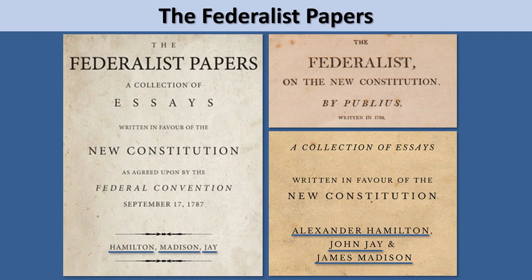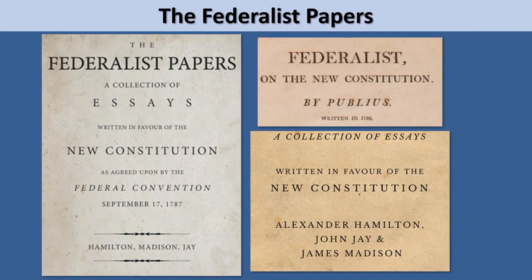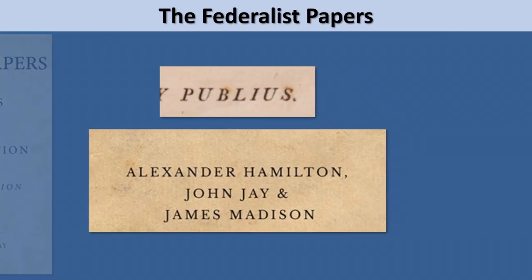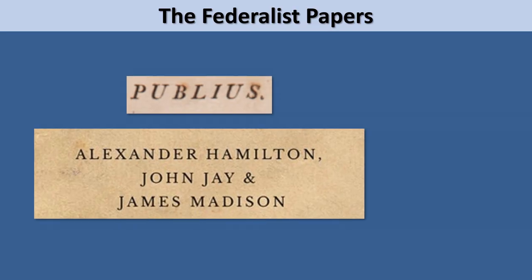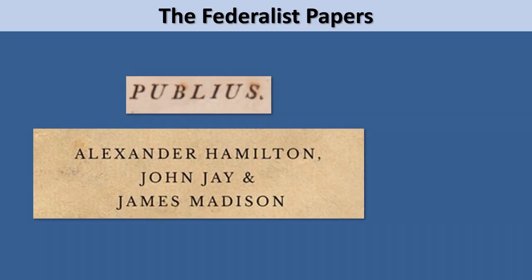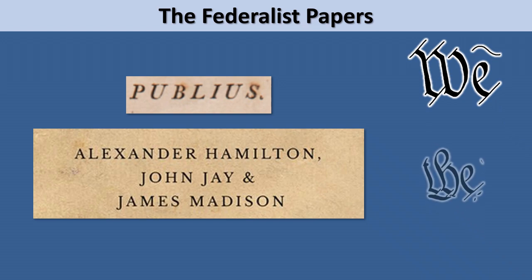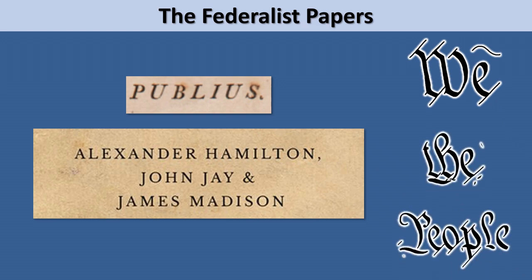Even though the Federalist Papers were written by three people, however, some copies you might see in a bookstore or at the library list Publius as the name of the author of all 85 of these essays. This is because instead of giving their real names, Hamilton, Jay, and Madison all used the pen name Publius when first publishing their arguments in favor of the Constitution. Publius means the public, or the people,